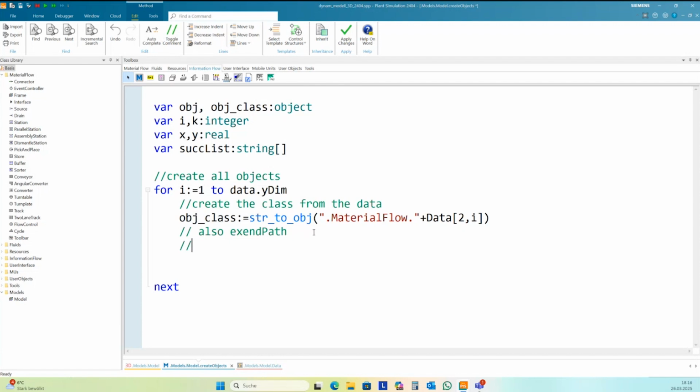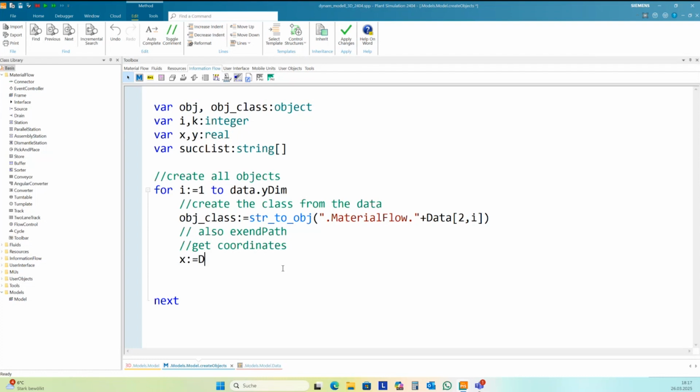Then I need the coordinates x, y. It's just to get a better readable code here.